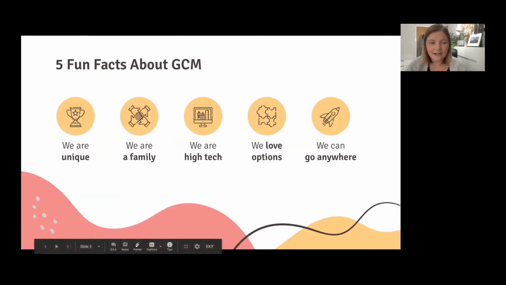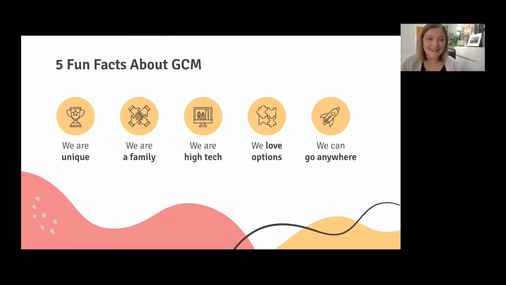All right, so let's talk a little bit about the program. We pulled our favorite things that we love about GCM. So this isn't necessarily everything that you need to know. It's not an exhaustive list. It's just a list of 5 things we happen to like. One of the first things I wanted to briefly tell you about is that GCM is fairly unique. We're the only program in Canada that combines design, production, and business together in a single school. There's lots of business schools and lots of design schools, but there's not a whole lot of schools in Canada who do both those things really well together. So that's fairly unique to us, particularly in Canada.